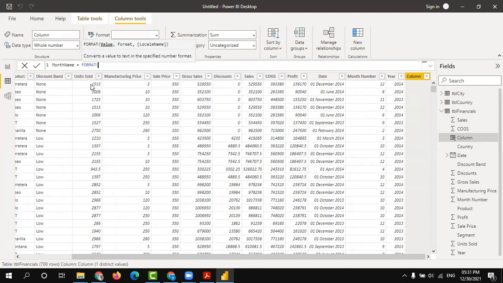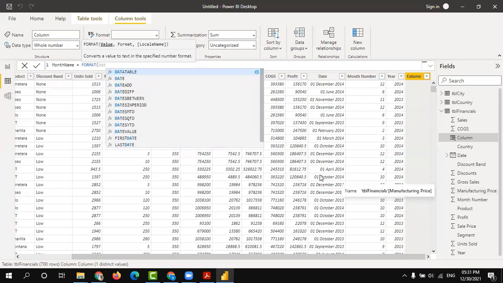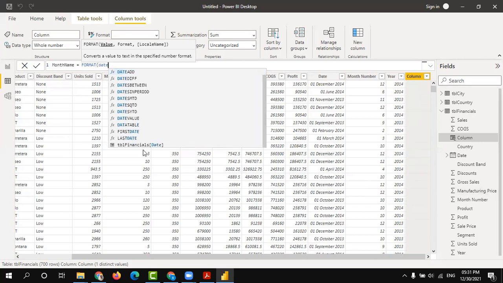Format. What do we need to format here? The date field. Date. You can see in this list the fx. fx stands for function. All these are functions in Power BI.